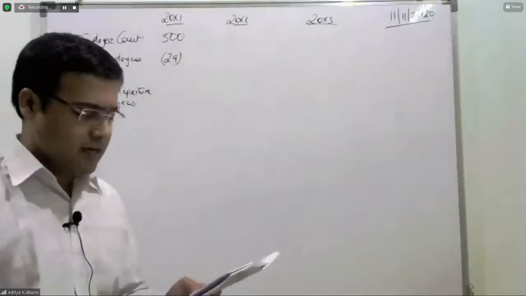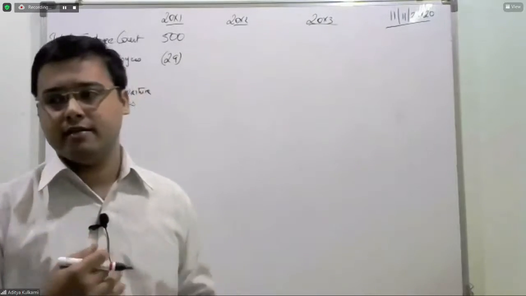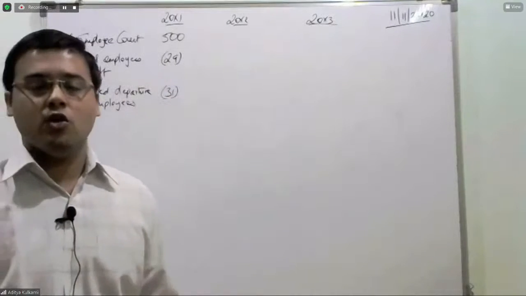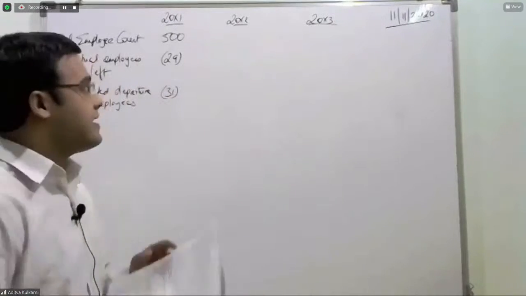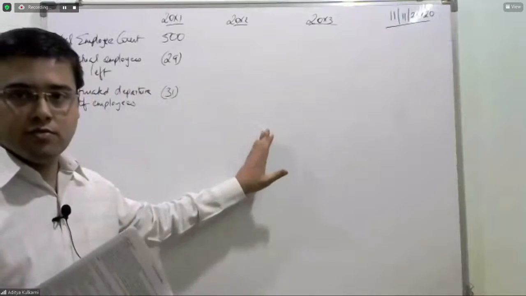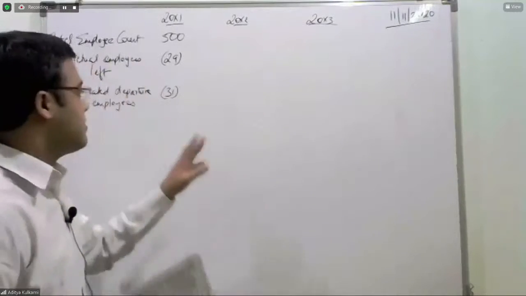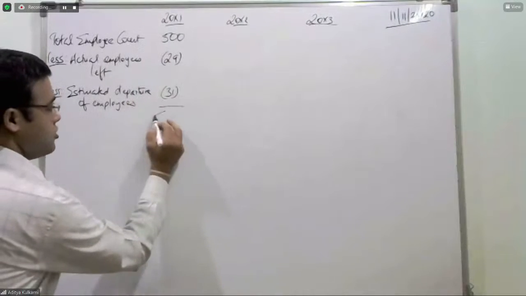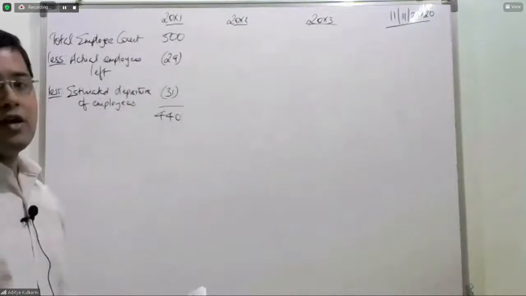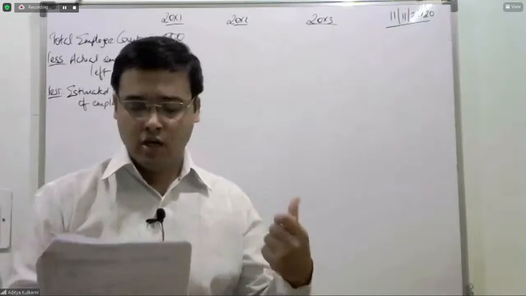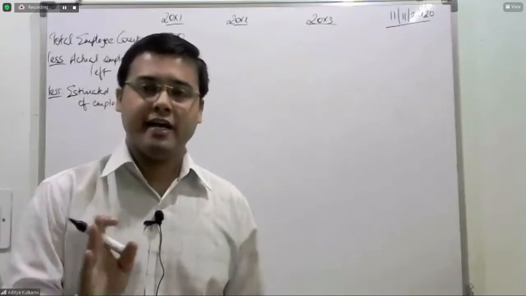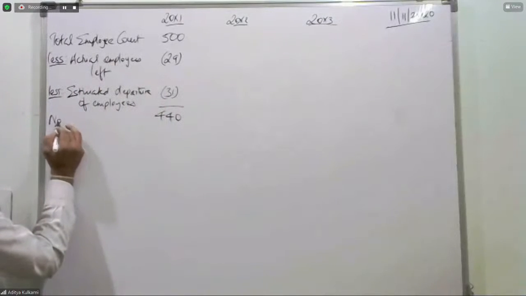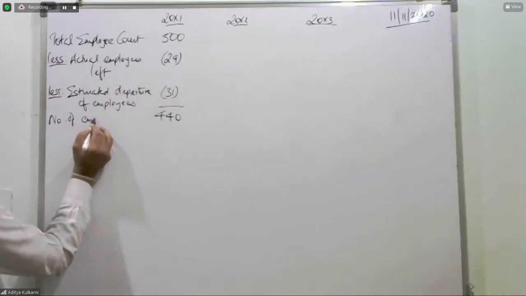At the end of year 1, I expect that 31 employees will leave. So what do you expect at the end of year 2? 500 minus 29 minus 31. You expect that 440 employees will be there. This is your expectation of the number of employees